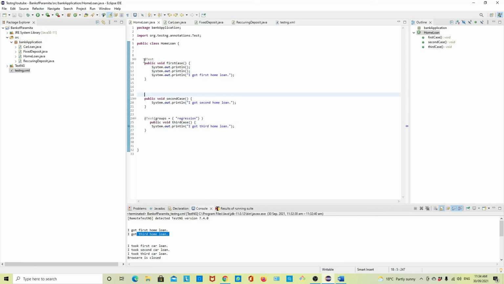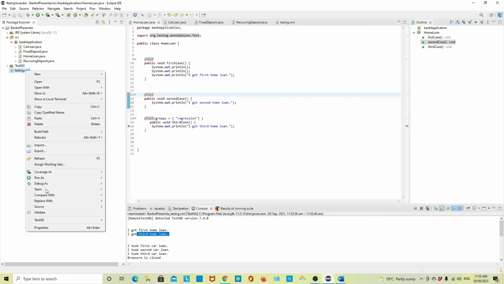See, I didn't put the @Test annotation here. So if I don't put the annotation, TestNG will not execute it. TestNG will not recognize it as a test case. Hence it will not execute. Somehow it was deleted. That's why it was not executed. Okay. So now if we run,